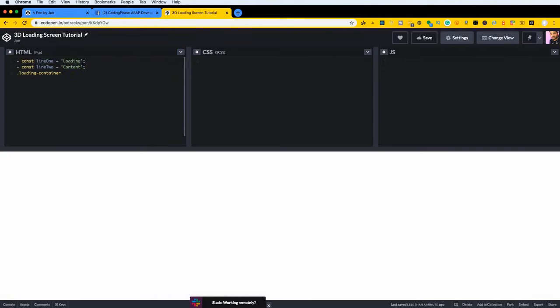Now within here we're gonna press tab and put in scene. This is going to create a div with the class of scene inside of the loading container, and then inside of scene we're gonna create another div called word. Now in here we're gonna do a for of, so we're gonna start with dash for const, and then say index